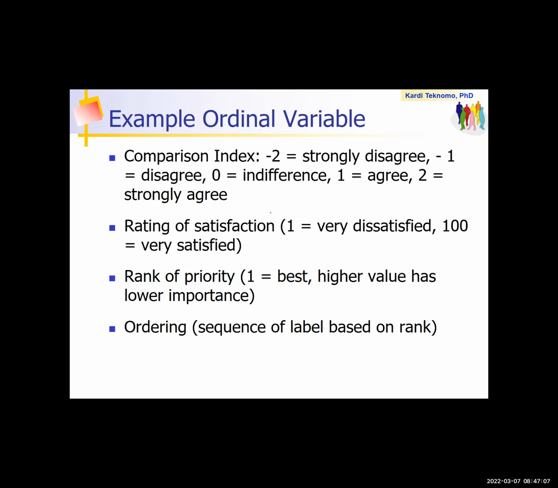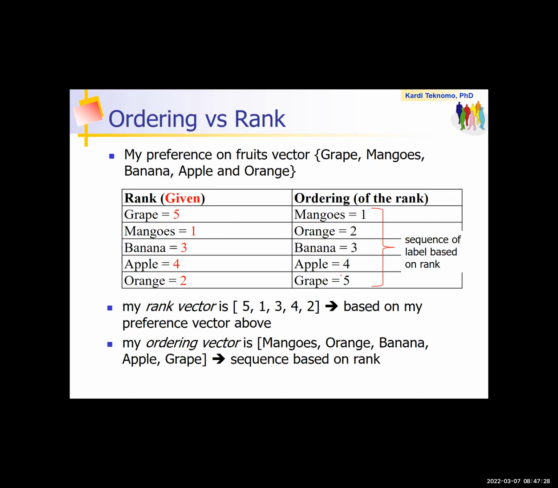And you can also create a rating. Okay? For example, rating of satisfaction is 1 very dissatisfied, 100 very satisfied. Okay? Or you can use rank. So rank 1 means the best, higher rank value means lower importance. Or you can use ordering. It is the sequence based on the rank. So this is the example of